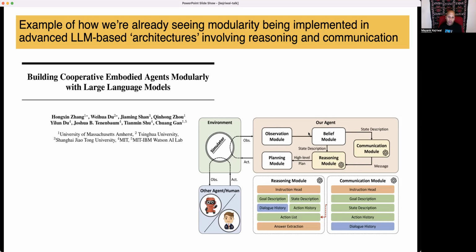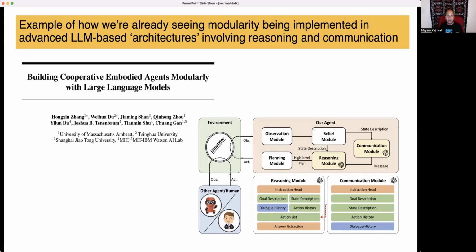Now, I should say a little bit about what the task over here is. In the title, you see that communicated, they want to build an agent that cooperates with other agents in this environment to solve a task. And so the task is, let's say in a simulated home environment, you're trying to do something that requires several agents coming together. So it needs some teamwork. One person cannot do it or cannot do it efficiently.